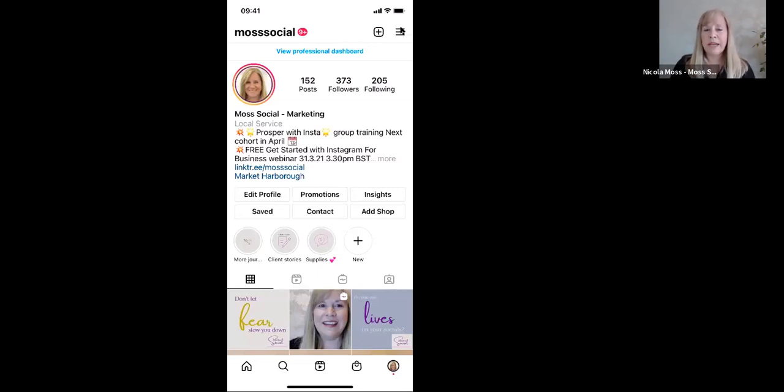These three little lines here in the top right hand corner are known as burger lines because they represent a burger, and that's where you'll find lots of other information which we're not going to go into today because there's just too much. If you go along the bottom here, this is your home button, so that will always bring you back to home. You've got your search facility here, the little